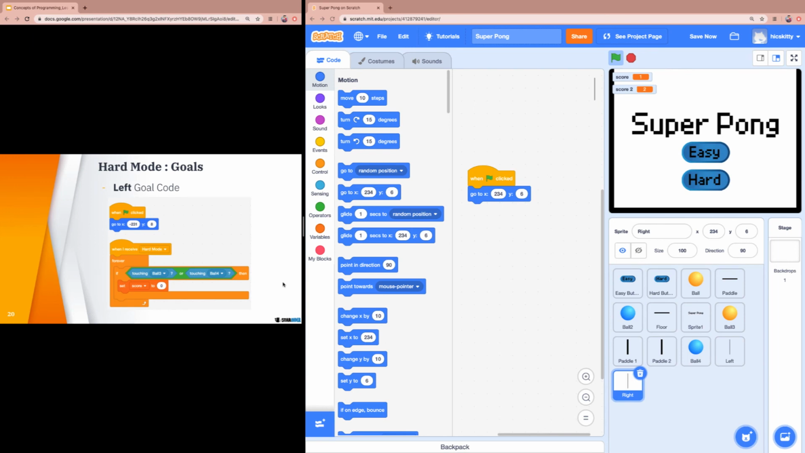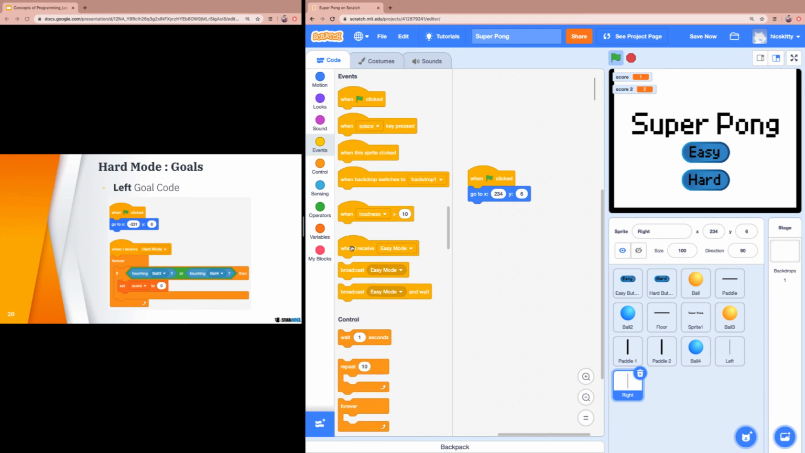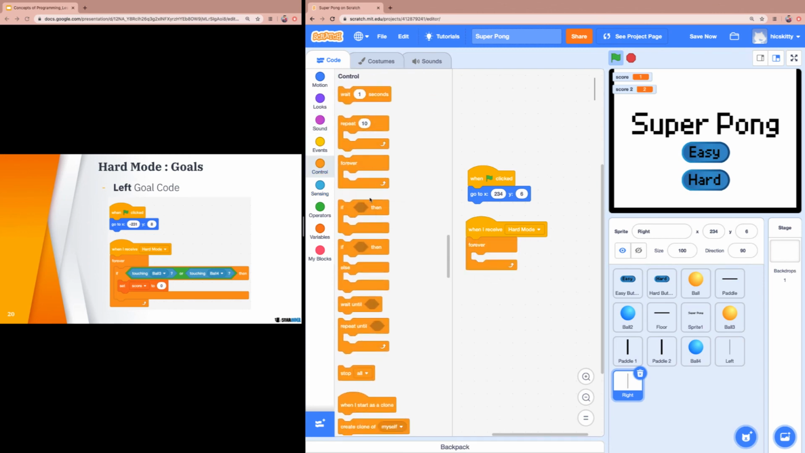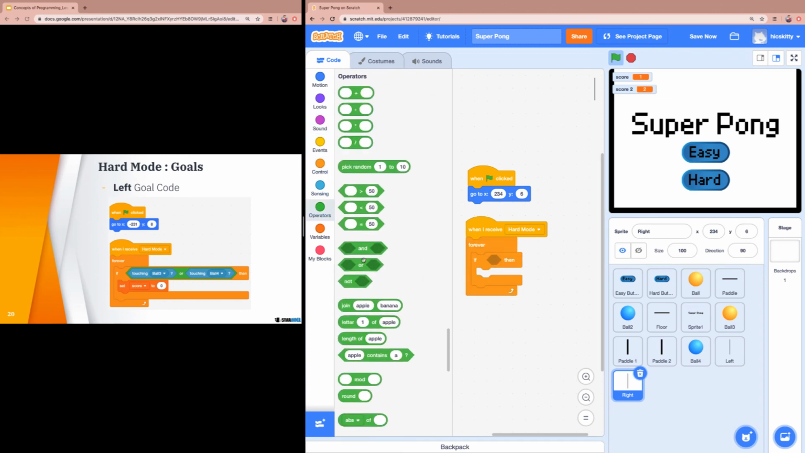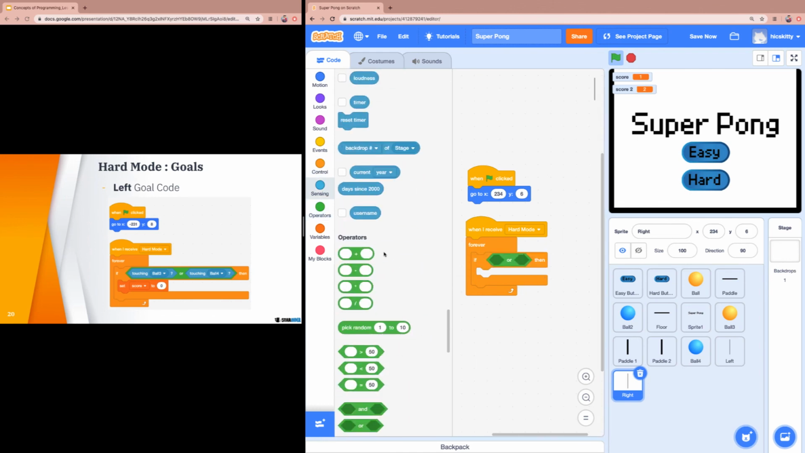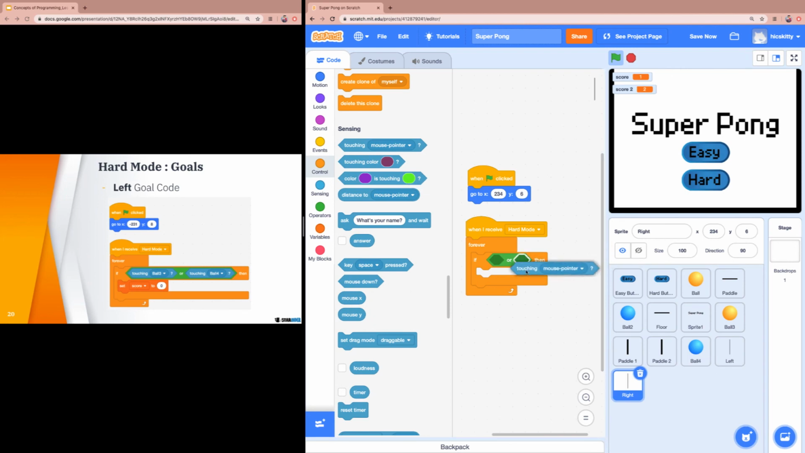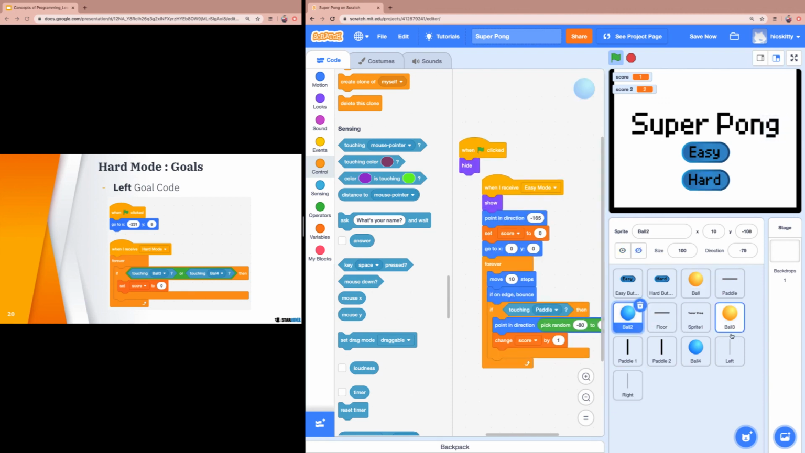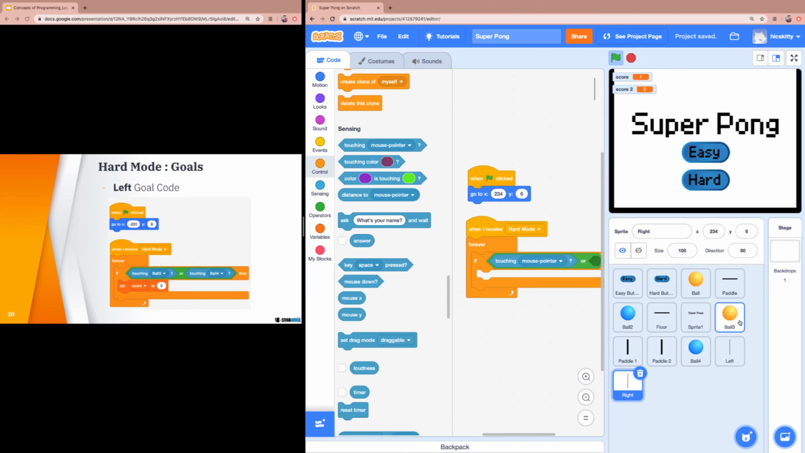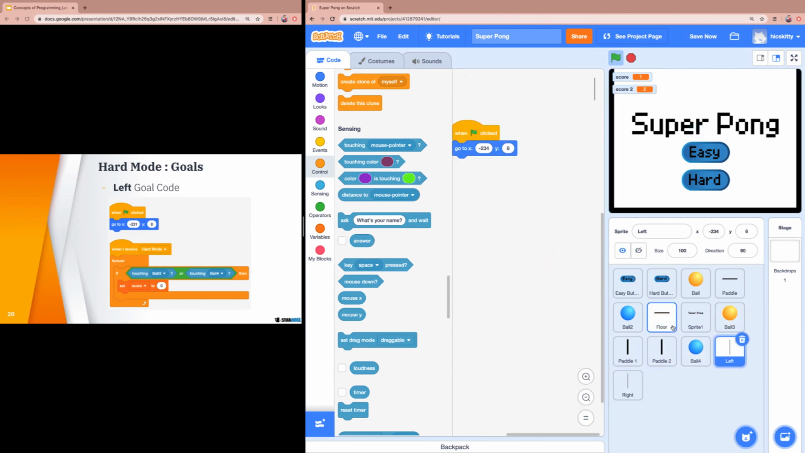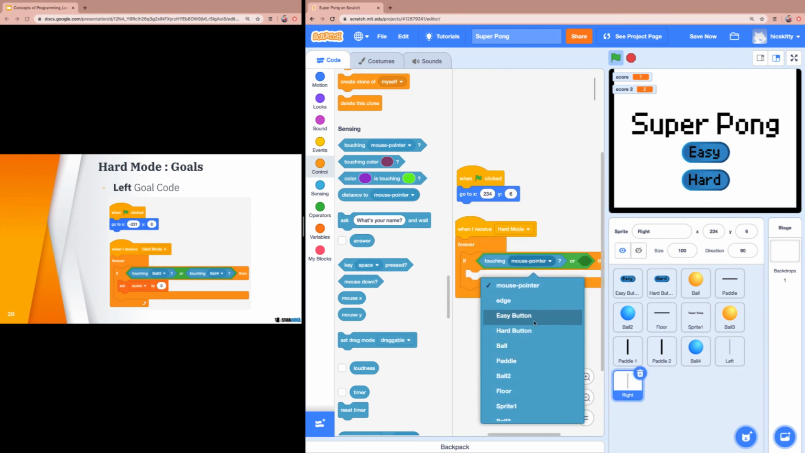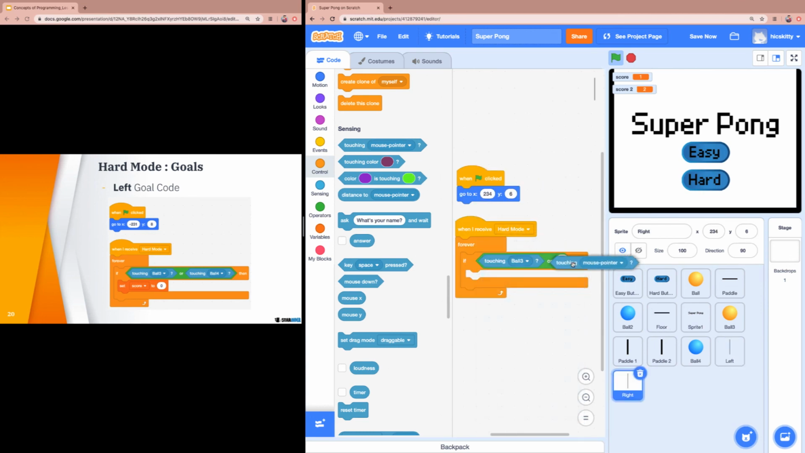Now the reason they're there is because I need to make this game a bit harder. So what I'm going to do is I'm going to say when I receive hard mode, I'm going to add a forever loop, and I'm going to say if, and then I'm going to use or, and I'm just going to say if I'm touching either the ball 3. Now make sure that you name your balls or understand which balls are which, because these balls are going to be for the easy mode, so they won't apply at all to these. And these balls are going to be for hard mode, so they won't apply at all to, say, the floor. I'm going to change this to if touching ball 3 or touching ball 4,